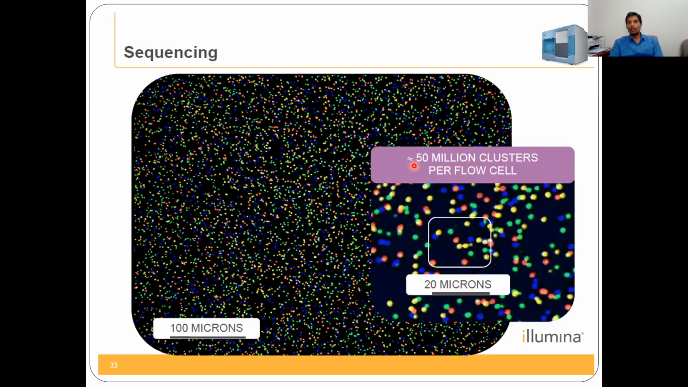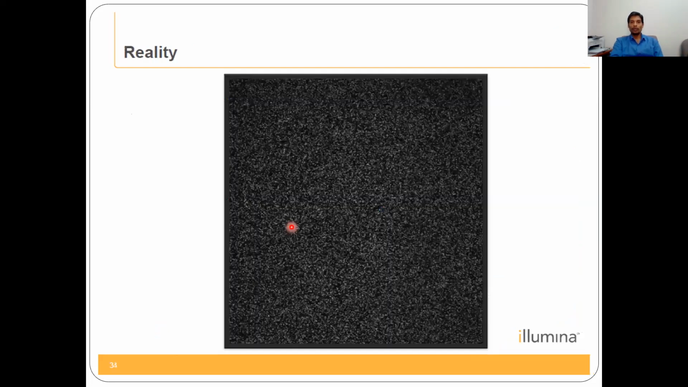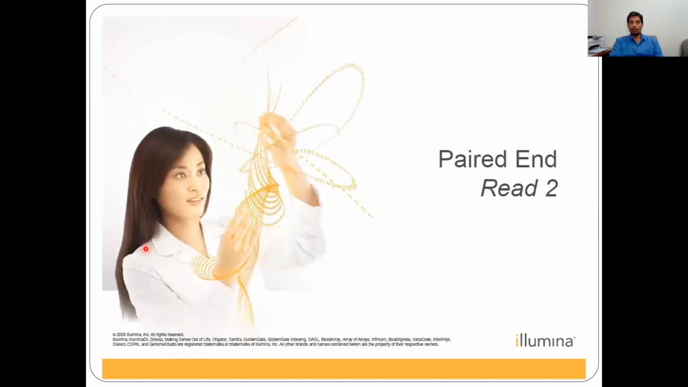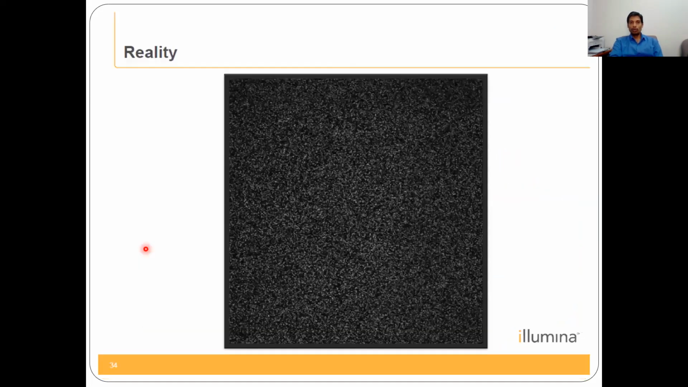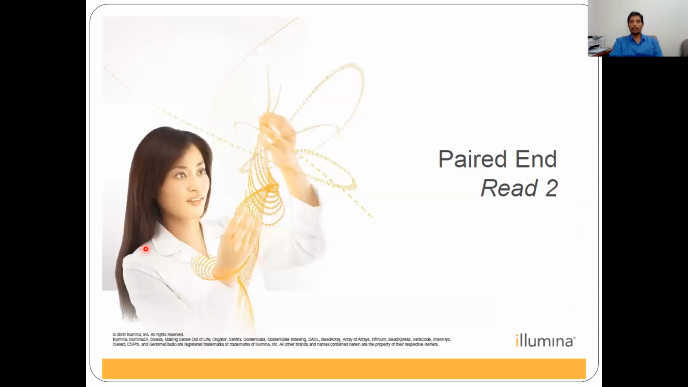And there will be 50 million clusters per flow cell. Each flow cell has 8 channels, and all together you will find 50 million dots. Okay. But in reality, you can see only this. You cannot see much difference in the colors with the naked eye, but the detector can do it. Okay. So that is actually the whole